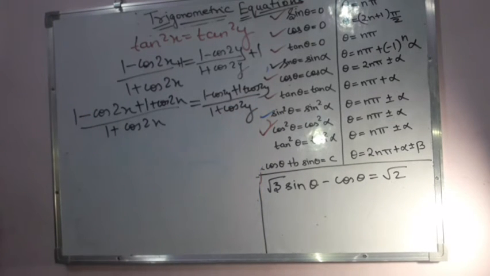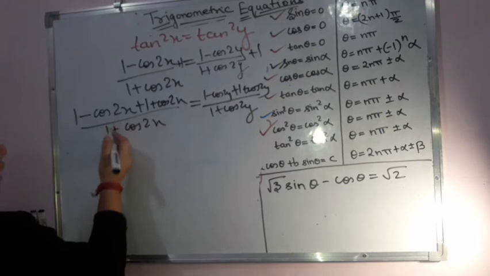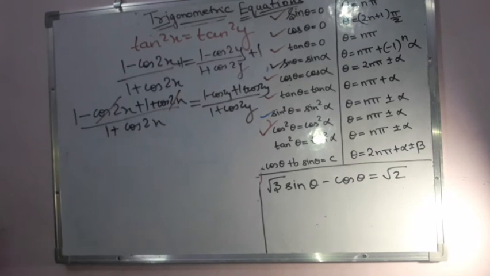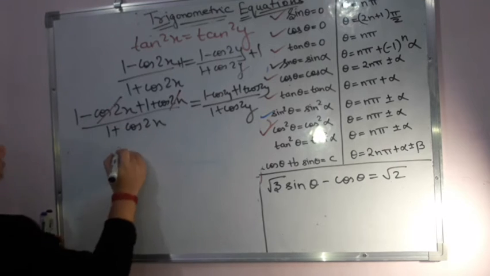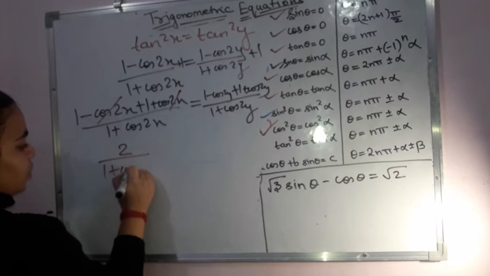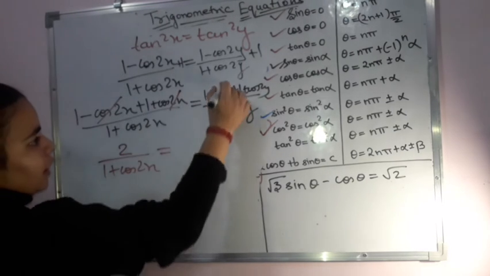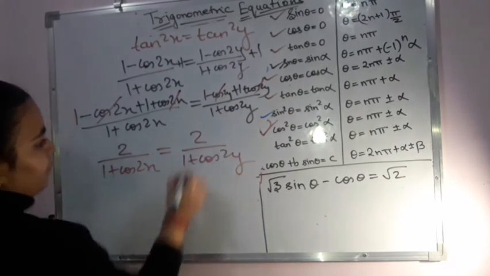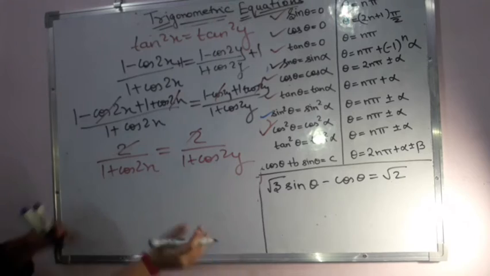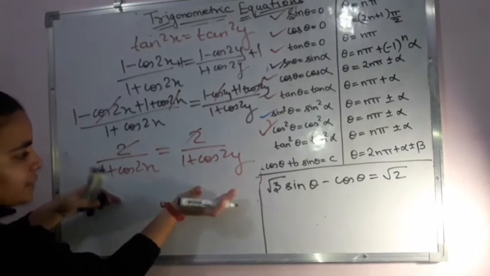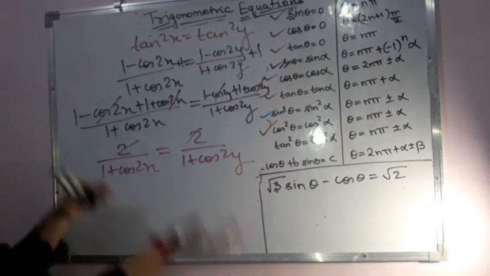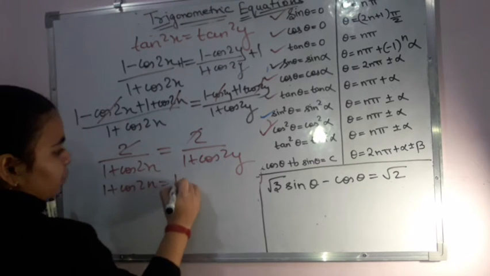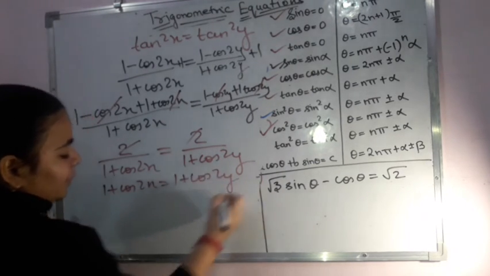Now on both sides, minus cos 2x gets cancelled with plus cos 2x, and so I have 2 upon 1 plus cos 2x, and this is again the same thing, 2 upon 1 plus cos 2y. The 2 gets cancelled. If it is 1 upon this on both sides, can I take it in the numerator? Then that will also be the same. That means 1 plus cos 2x is equal to 1 plus cos 2y, and 1 on both sides